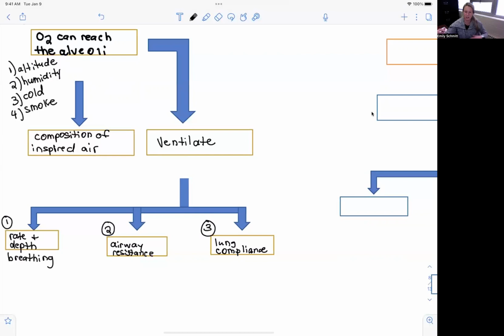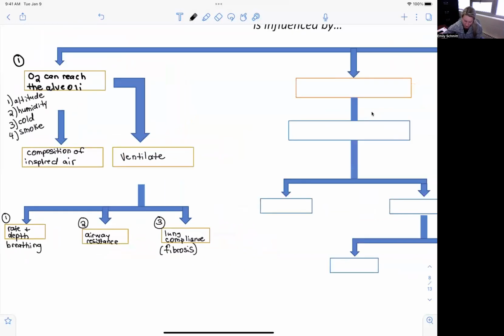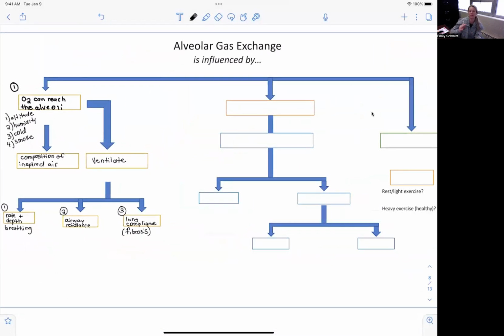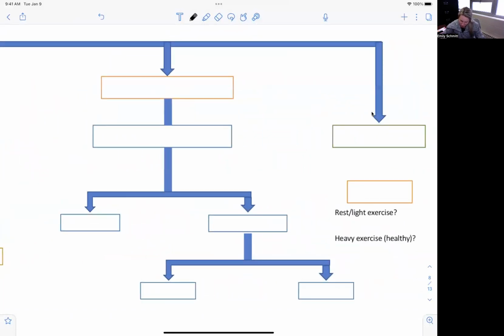So what we're talking about is sort of the flexibility of your lungs. So maybe, do you have fibrosis? That will certainly decrease lung compliance, which will then impact your ability to ventilate, which will then impact how much oxygen can reach the alveoli, which will then influence how successful gas exchange is. So here in the middle,